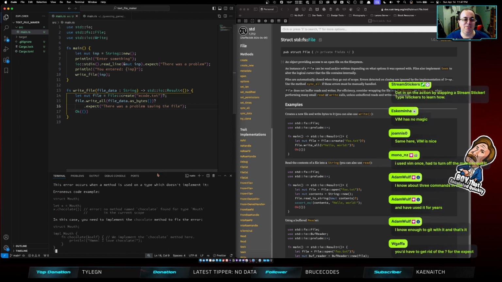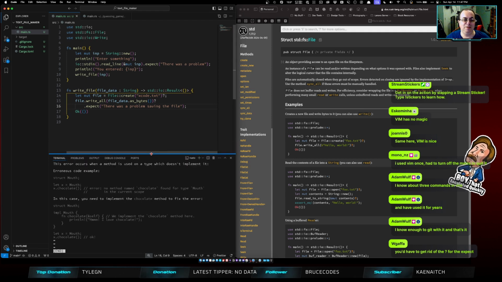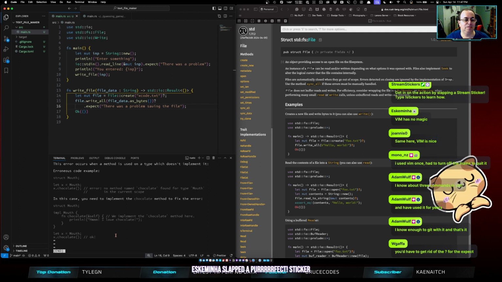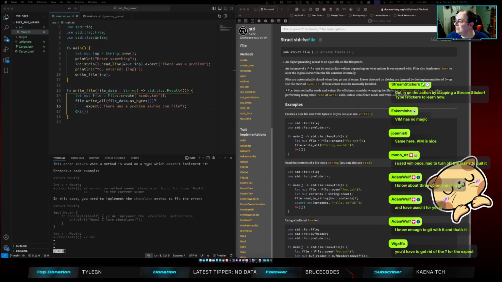If there's one thing I've instantly fallen in love with here, it is the super helpful checks and errors. Okay. What sticker is that? It's totally not telling me. Ah, okay. You have to get rid of the